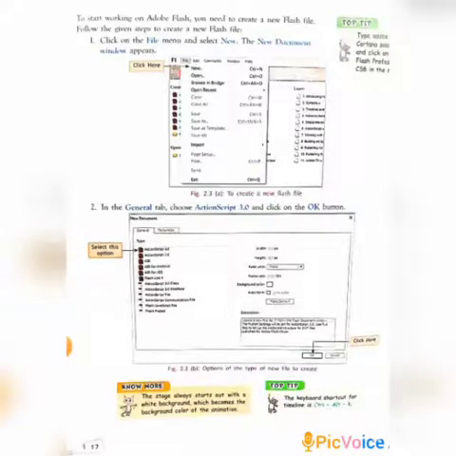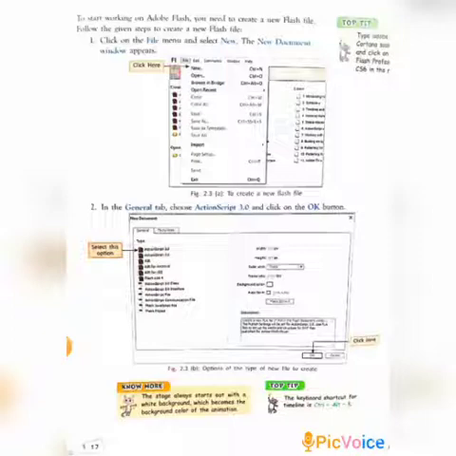To start working on Adobe Flash, you need to create a new Flash file. These are the steps to create a new Flash file. First step, click on the File menu and select New. The New Document window appears. After that, click on the General tab, choose ActionScript 3.0 and click on the OK button.